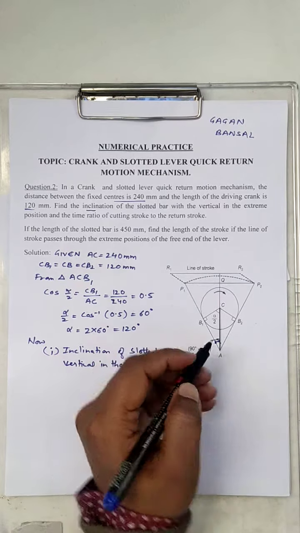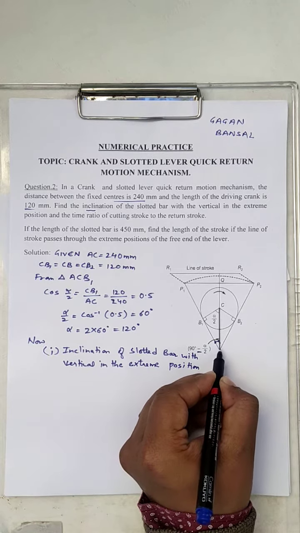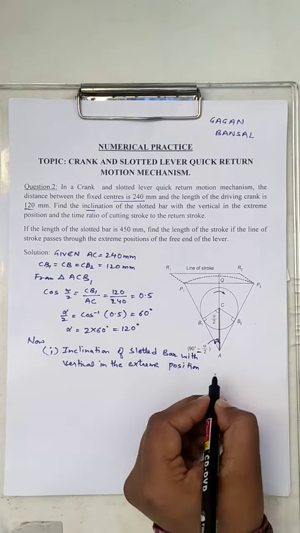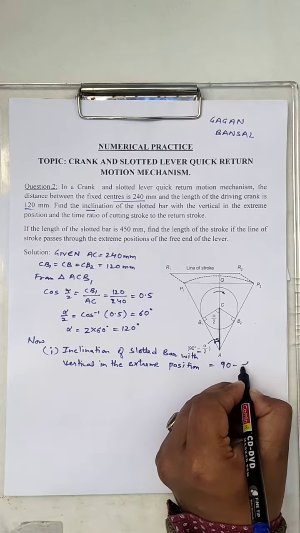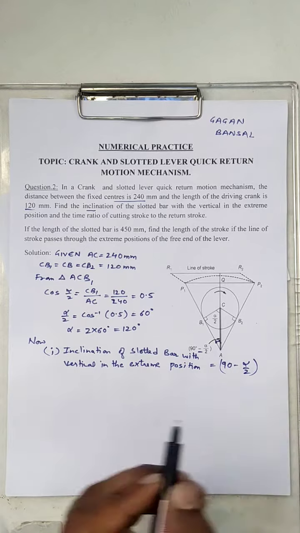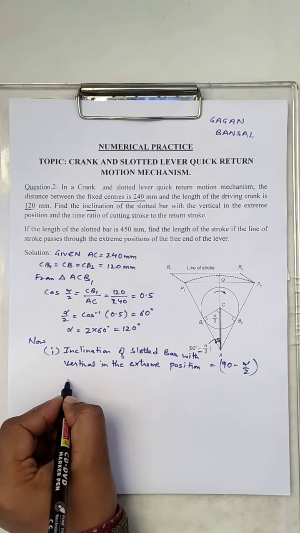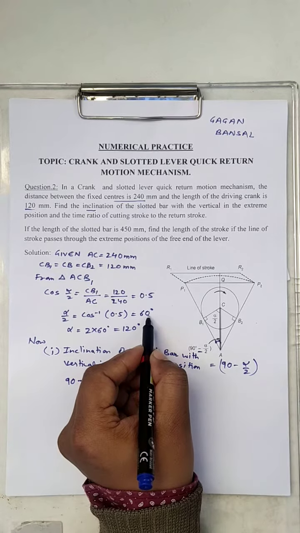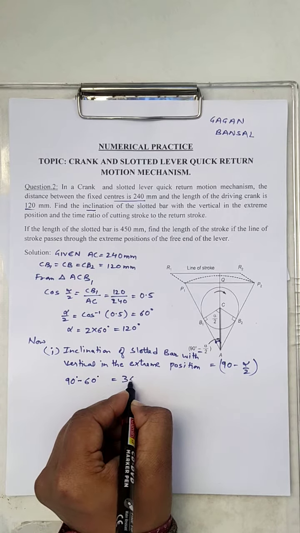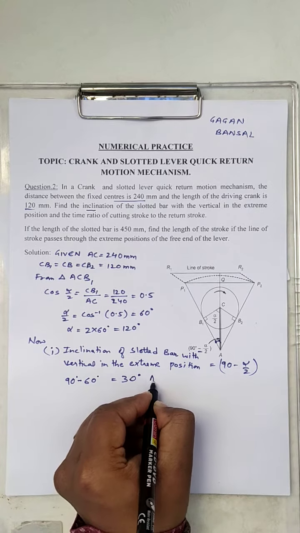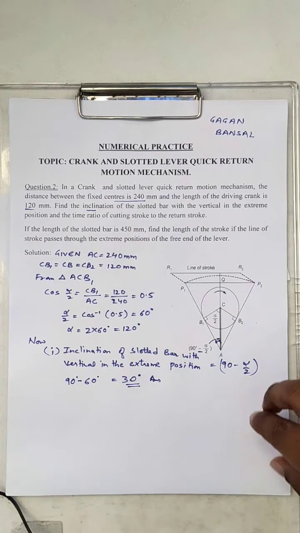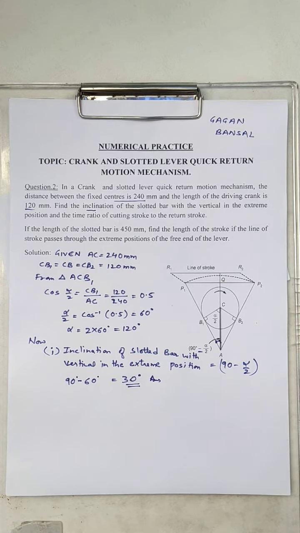Its inclination with vertical, that is this angle, 90 minus alpha by 2, that is angle P1AQ or P1AC. That is, we need to calculate 90 minus alpha by 2. This is how I write alpha, so don't be confused. So alpha by 2 is 60 degree, so it comes out to be 90 minus 60, that is 30 degree. So this is our answer. Very easy. All you need is to make the concepts clear, then everything becomes very easy.